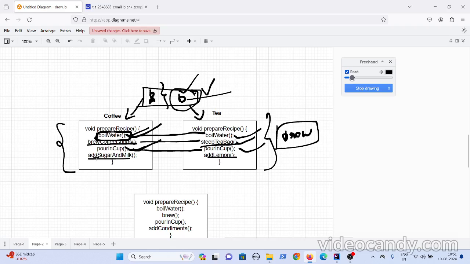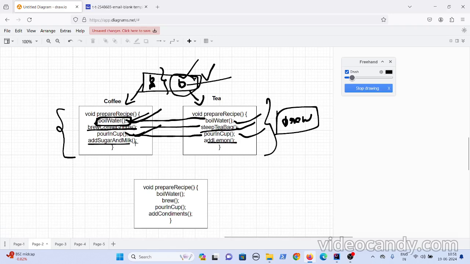And if you see the last step here, add sugar and milk, here add lemon. Here you are adding sugar and milk, here you are adding the lemon, but basically you are adding some condiments, okay. But the condiments you have added for coffee and the condiments you have added for tea are different. So though the implementation details are different for coffee and tea, the method is the same, right?